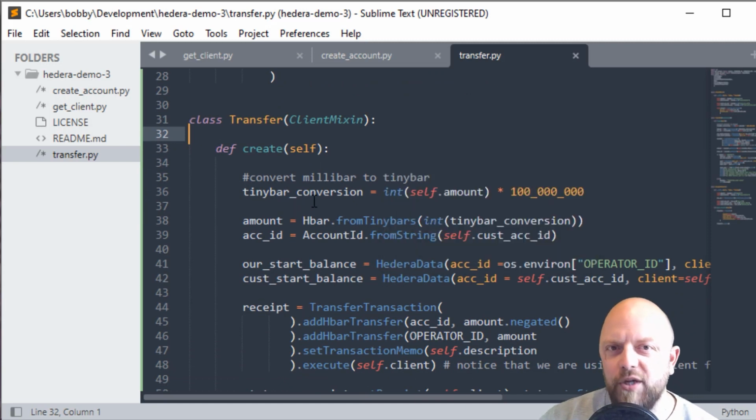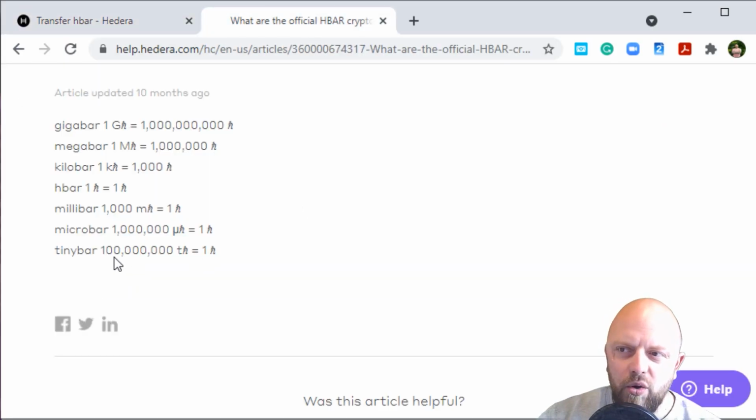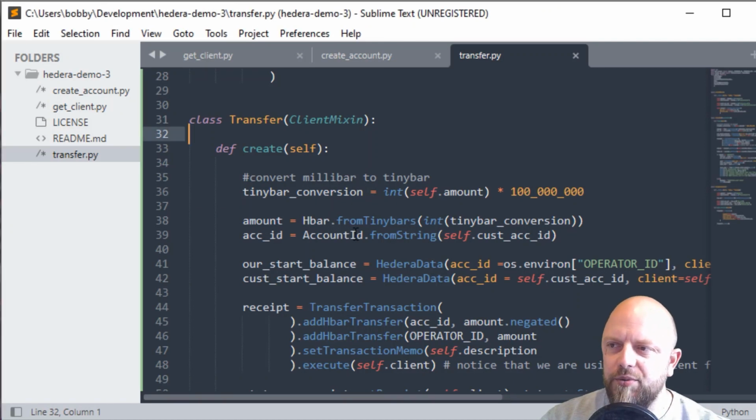First and foremost, we're passing through tinybar. So tinybar is, what's that? That is 100 million tiny bars to each one Hbar. So a single Hbar is the equivalent of 100 million tiny bars. I think that's right. That is 100 million. Microbar is 1 million microbars to one Hbar. Okay, so they're the denominations that we're using, and we're doing it that way because in the Hbar class you've got a from tinybars method, so you can convert this figure into Hbar, so it becomes